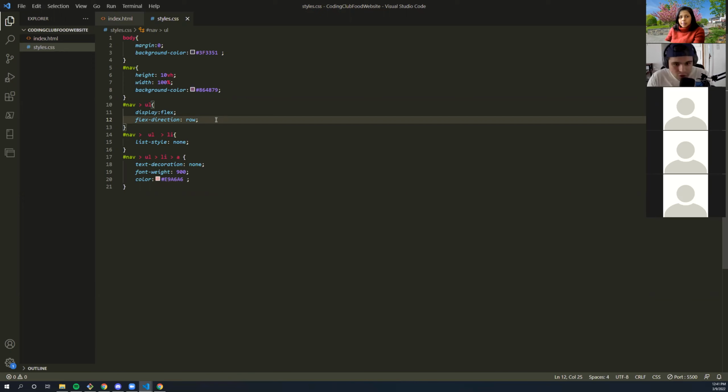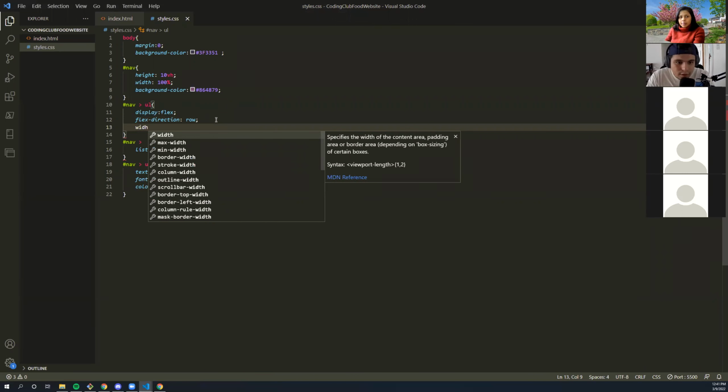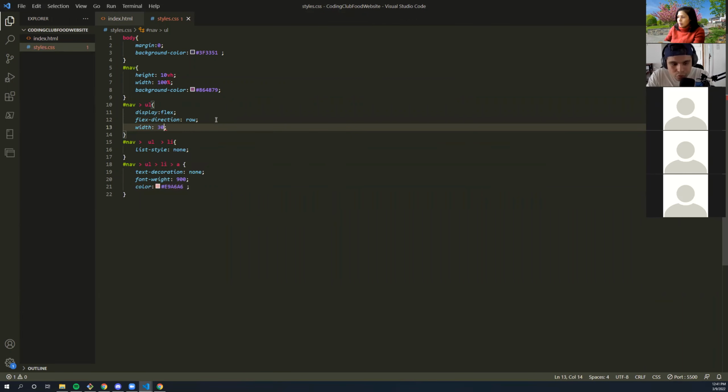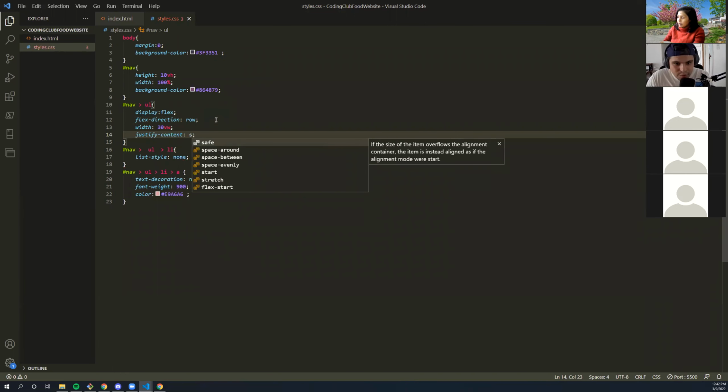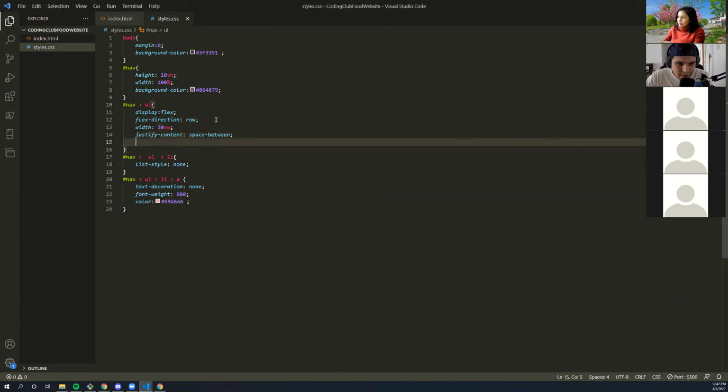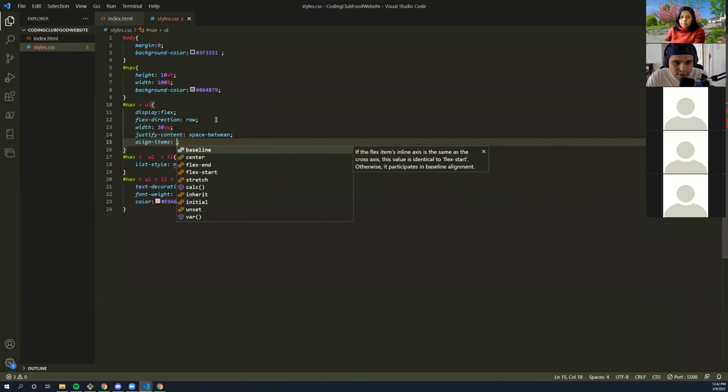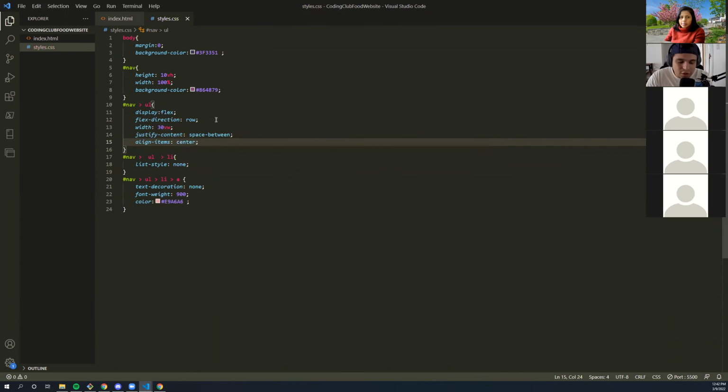So I'm going to give it a width of 30 view widths. And I'm also going to justify content space between, which will space around my content, right? I also will say align items center, which will center my items top to bottom.